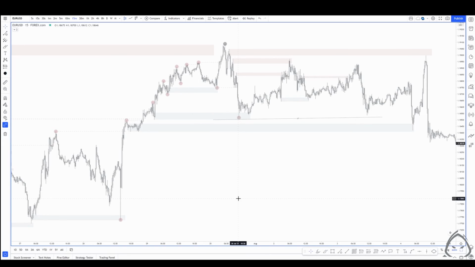Wait for price to return to that area. Say, okay, is price going to respect it or not? If price does respect it, and say we get a true break of structure, a true sweep of liquidity, and a true mitigation, or the combination of two of those or just one, then you can start to say, well,